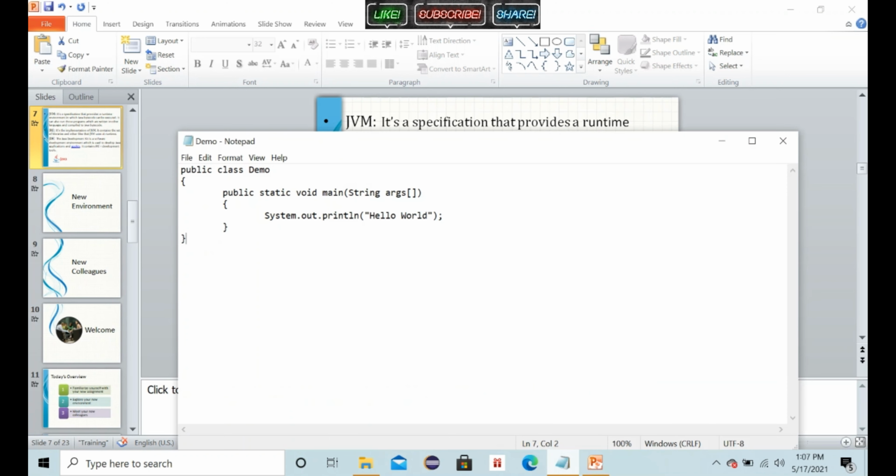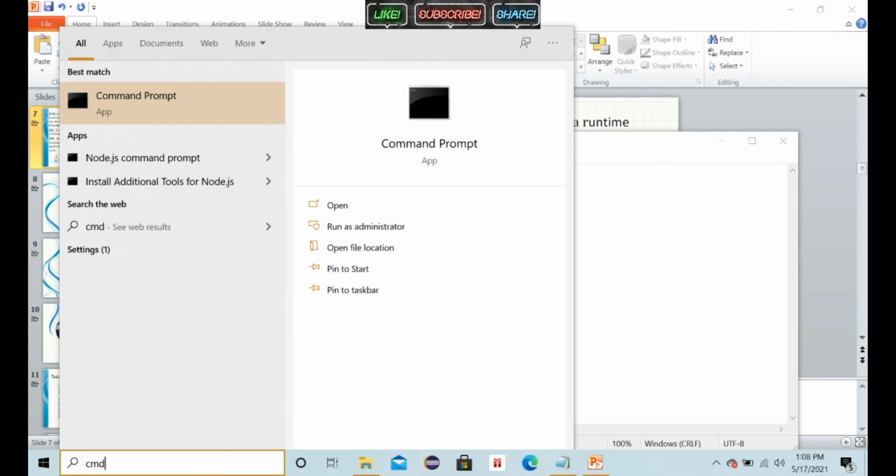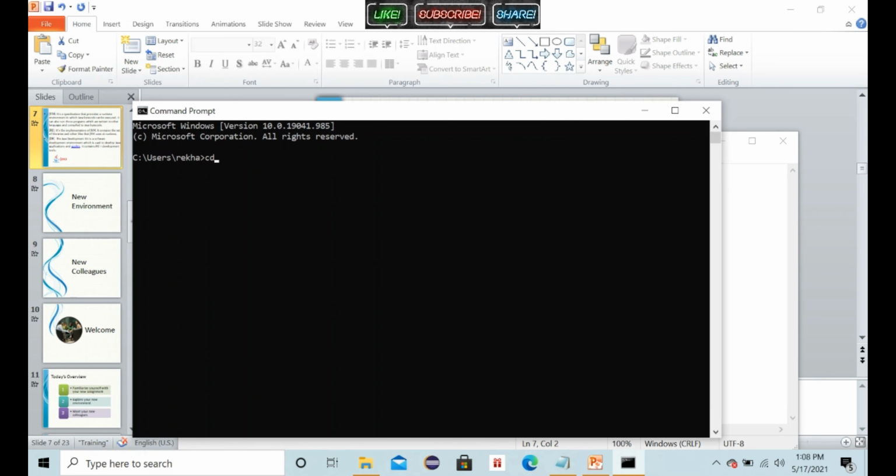And so let's start with the program. This is the program I have written here, coded. This is the first program. Let's execute it on the command prompt. Open the command prompt and go to your directory. Just give me a second. Yes, now you can run the program with javac. This is the way to run the program.